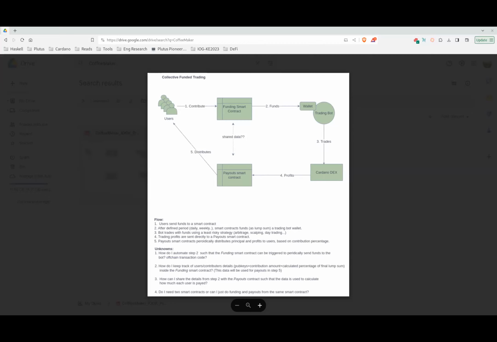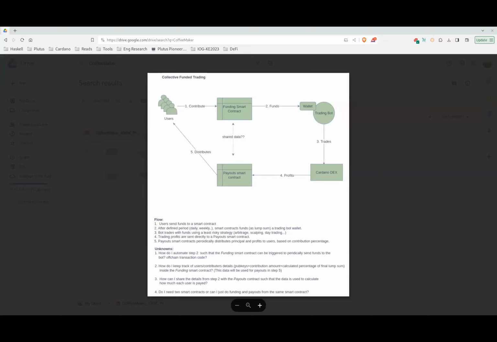Again, in principle, if you just have an address where people send money to, then the data is already on the blockchain. And in an explorer, you could see exactly who sent how much to this address. So you don't even necessarily need to make it explicit. But of course, as I said before, you could have a datum somewhere that gets updated when people contribute. The only problem there is that,